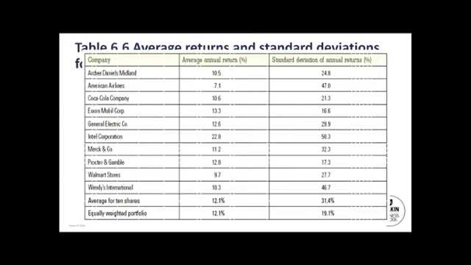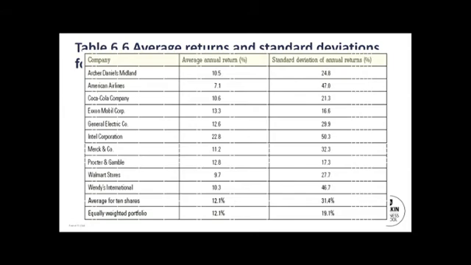Okay, Intel is not bad. It has the highest risk as well, right? So just for Intel itself, it looks like high risk, high return. All right. Now I would like you guys to tell me which one has the lowest